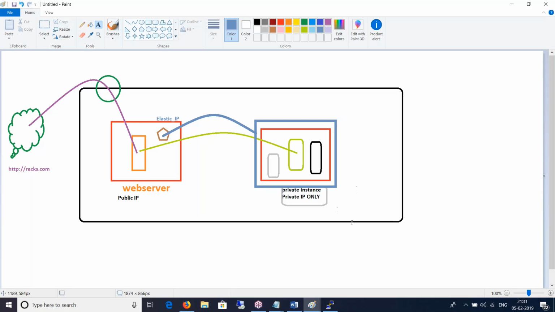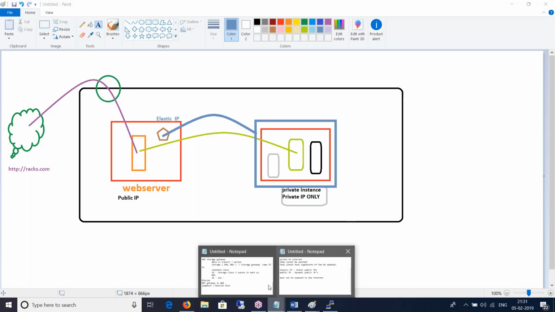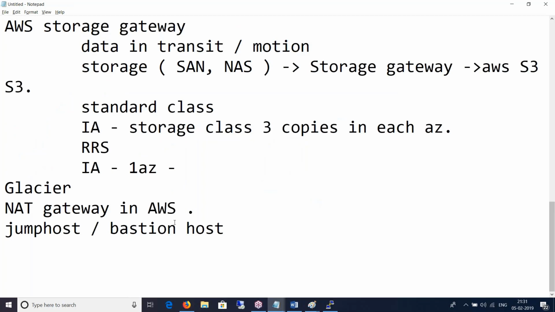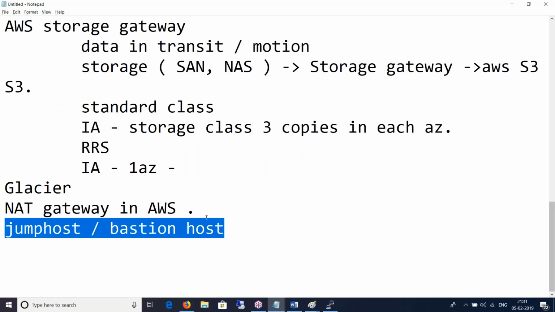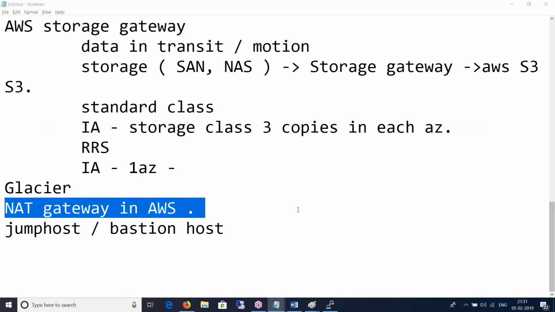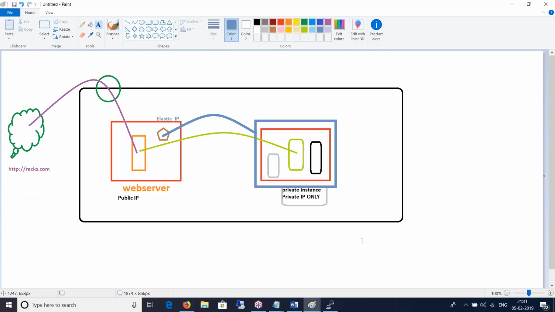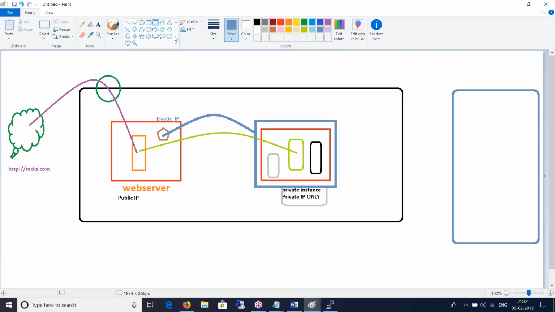Now I'm getting to this concept of a jump host and a bastion host before I start the demo of NAT gateway. The challenge here is, you've got a data center somewhere here, and you are sitting inside this network.